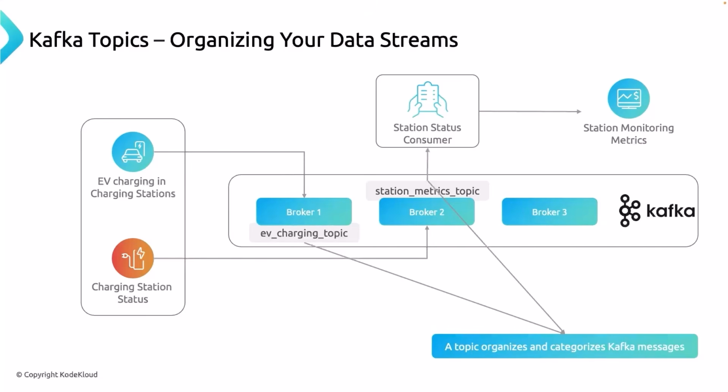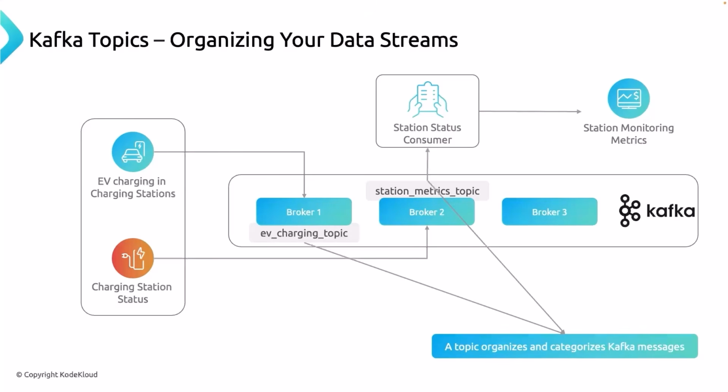That's it. It is not a physical concept like a broker. When we create a Kafka cluster, the first thing that we create is a bunch of brokers. And then we create a Kafka topic. These two form a building block for us to start sending events to Kafka and also start consuming these